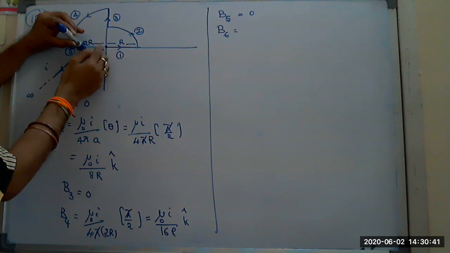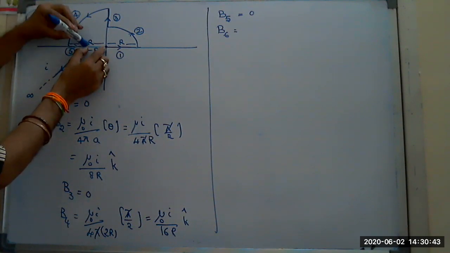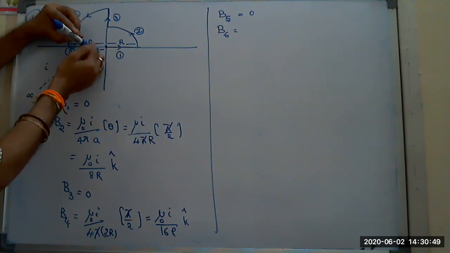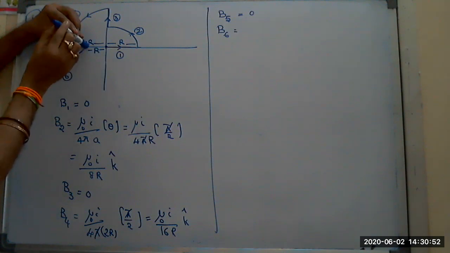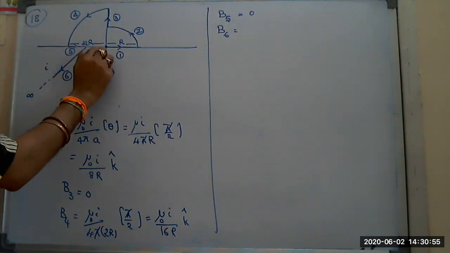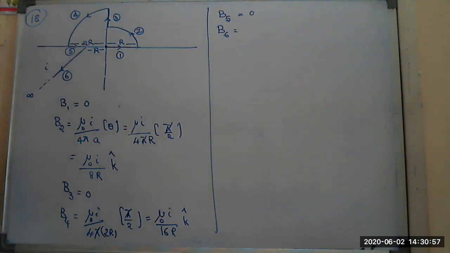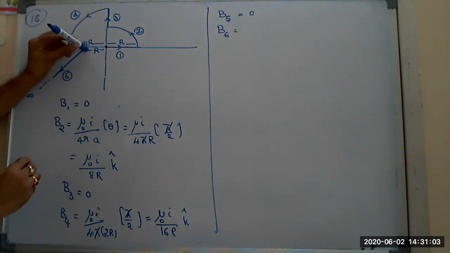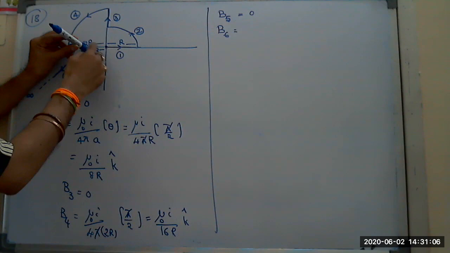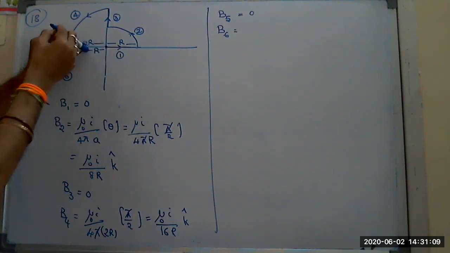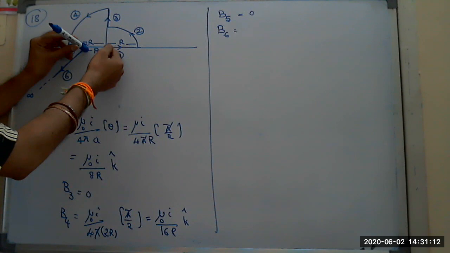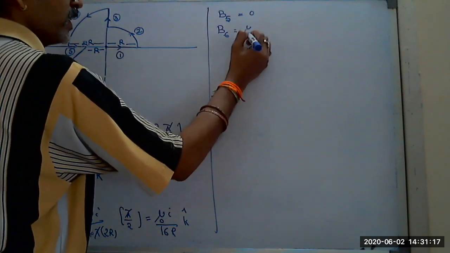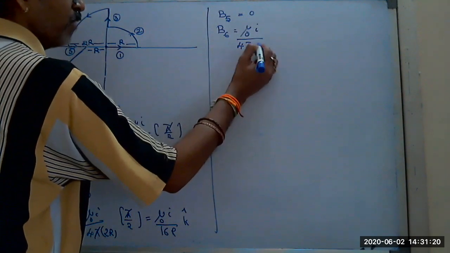If you join one line here of distance r, then that line with the wire makes exactly 90 degrees. Why? Because the wire is along the z-axis, the line joining is along the x-axis, and the z-axis and x-axis make an angle of 90 degrees. So this is just like in problem number 5 that I explained. One end makes an angle of 90 degrees with the point, the other end makes an angle of 0 degrees with the point, which means this is semi-infinite.